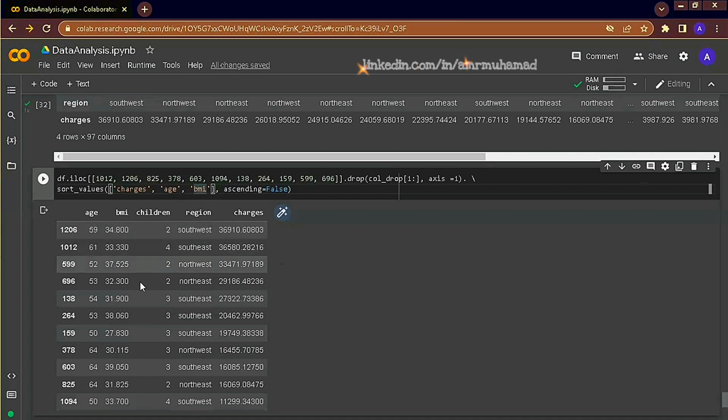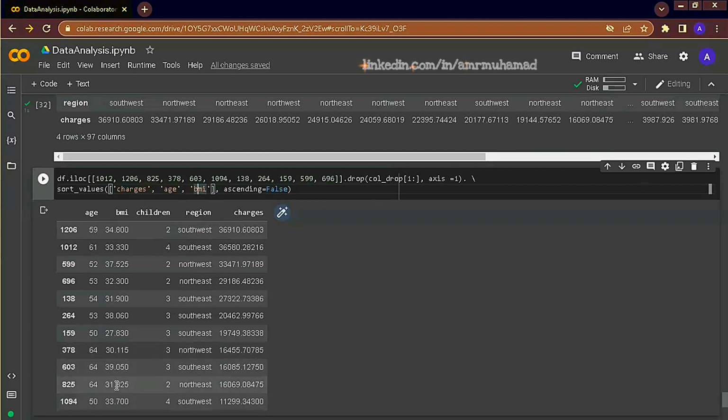Here we can start to note the patterns that we have seen earlier. For example, this customer and this customer. These customers are also interesting because you can see here that they are almost in the same range of the amount of charges. This indicates that there might be other factors not included in this dataset that contribute to that variation in charges.